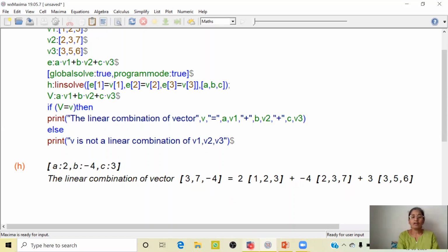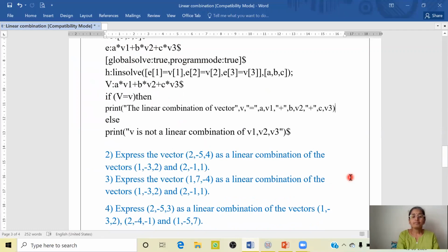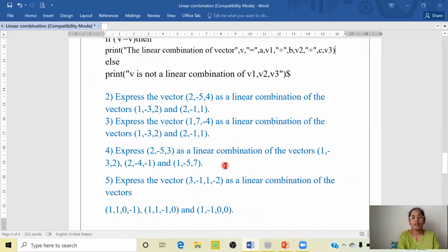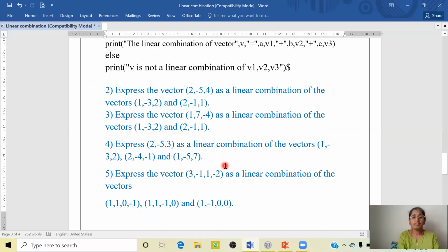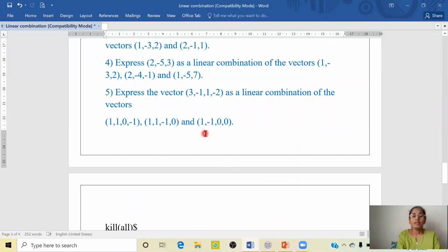Next, let us move on to one more problem, wherein this second problem, third, as well as the fourth are all similar to one another. So let us move on to this fifth problem. What is the difference between the first and the fifth? Here you have the quadruple. So we need to express this quadruple as a linear combination of these three quadruples.